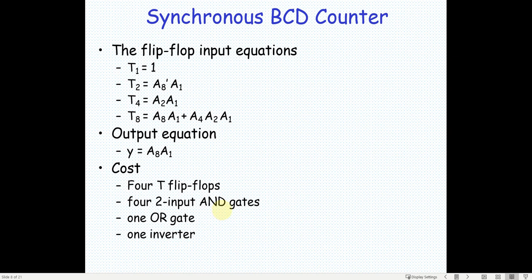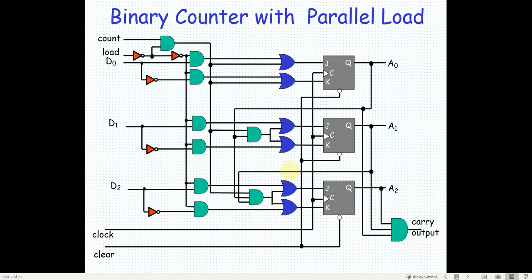Is this okay? Now if you compare it with the asynchronous design, this synchronous design will require more number of hardware. So that is the only disadvantage. But for a synchronous design, there is a straightforward procedure available. So that is the advantage. Whereas asynchronous, we saw it uses very minimal number of gates, but then you have to think and come out with a solution. There is no fixed methodology to tackle those kind of problems. So this is what we do for a synchronous design.